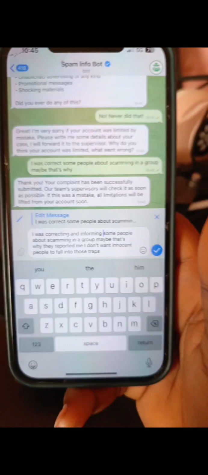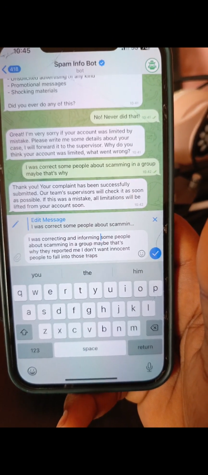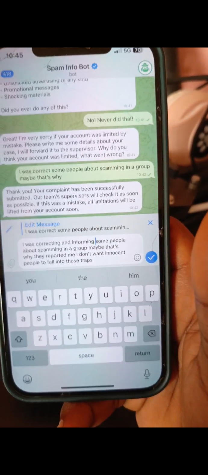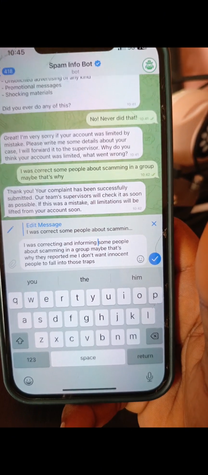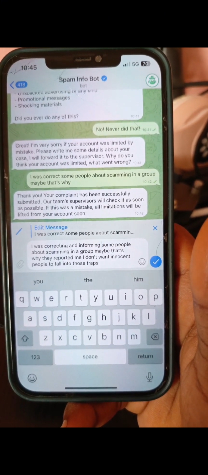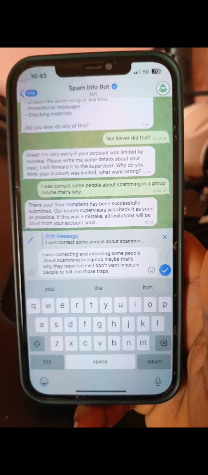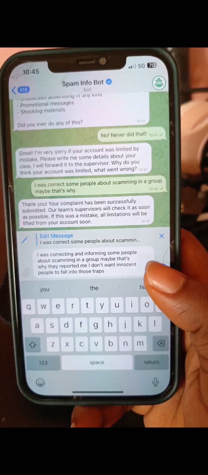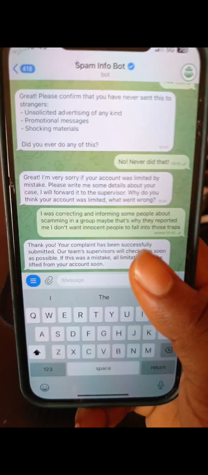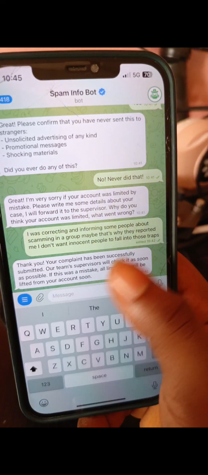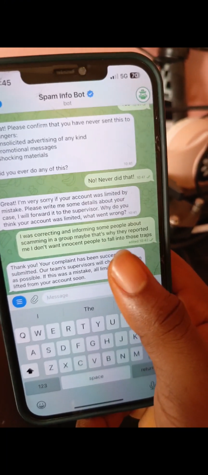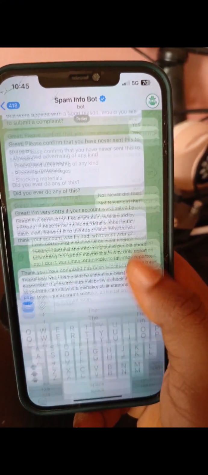So you say I was correcting and informing some people about scamming in a group. Maybe that's why they reported me. I don't want innocent people to fall into those traps. So that should be the message you send, and I believe they will solve it as soon as possible.